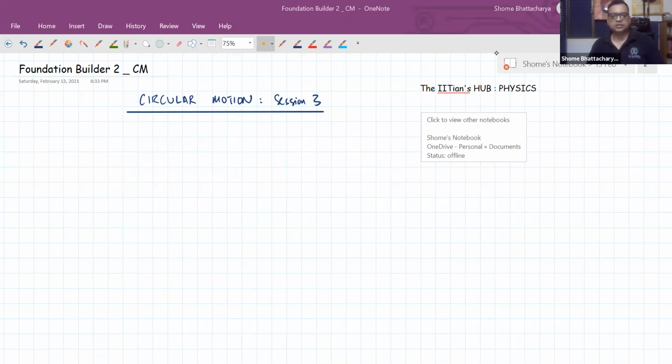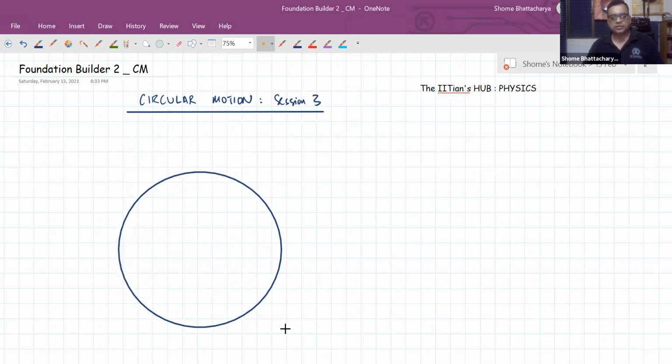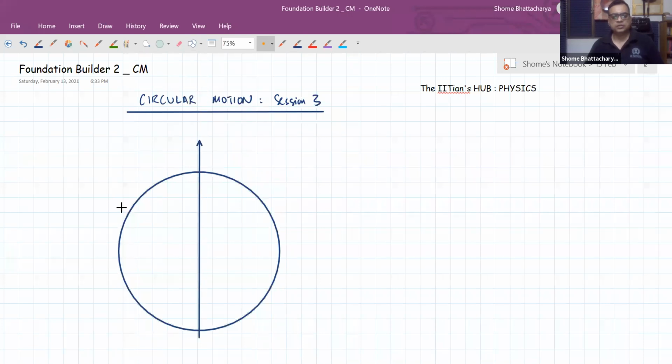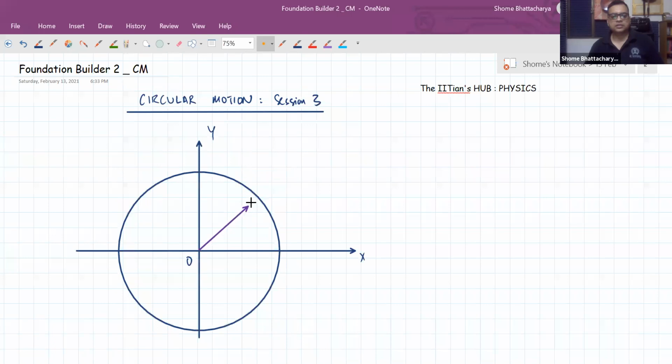Yeah, we're done with angular parameters. So basically, what we've understood is that if we define the center of our circular motion as the origin and the xy plane as the plane of motion, then at any instant, we can define the position vector and velocity vector of the particle doing circular motion in terms of its angular parameters. So if the particle is located at such a point at some instant of time t, then at that particular instant,